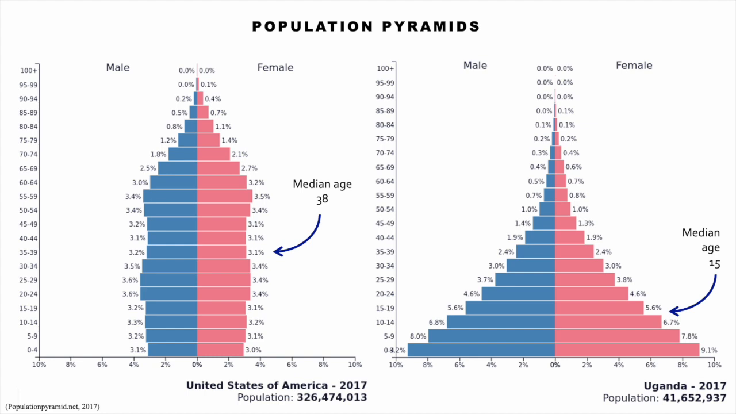The convention is for males to be on the left and females on the right. So you can see in these two examples from the US on the left and Uganda on the right, Uganda has an extremely high fertility rate. It's a growing population. So you get this nice pyramid shape to it where there's far more young people than